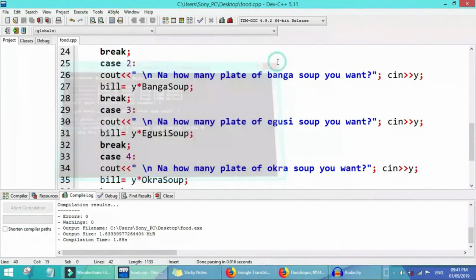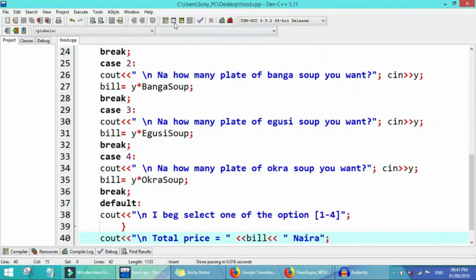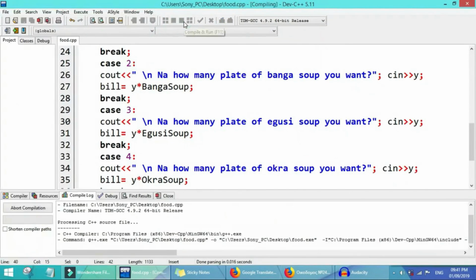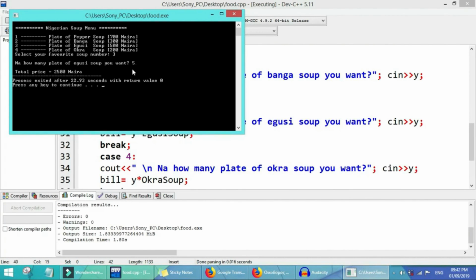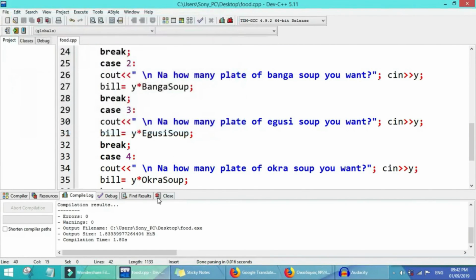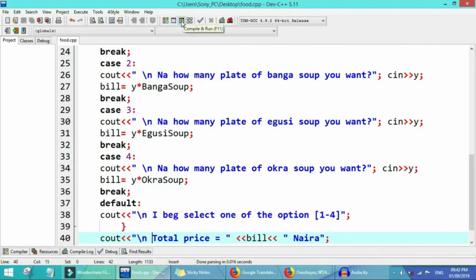Again, let me run it again so that we try everything. Let's say I go for the 4th one so that we do not waste too much time. Or let me check the 3rd one first. Then we enter. How many plates do we need? Let's say 5 plates. Then we enter. So 5 times 500 will be 2,500. We run it again for the last one, and we end this lesson here.